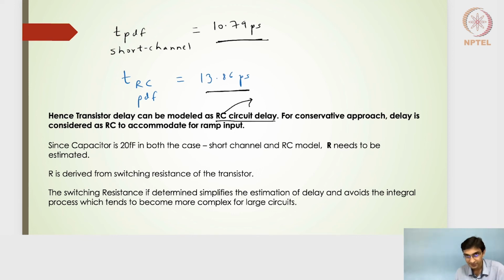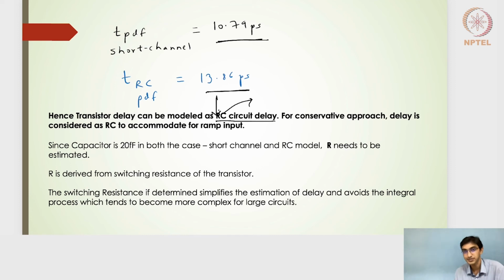load capacitance, so if I can find out an equivalent R value for a transistor, whether it is charging or discharging, if we can somehow find out an equivalent R circuit, then it becomes much easier for us to calculate the RC, the propagation delay falling or propagation delay rising. So if we can approximate a larger CMOS digital circuit into a series of RC circuits, then it becomes much easier for us to calculate or estimate the performance or the